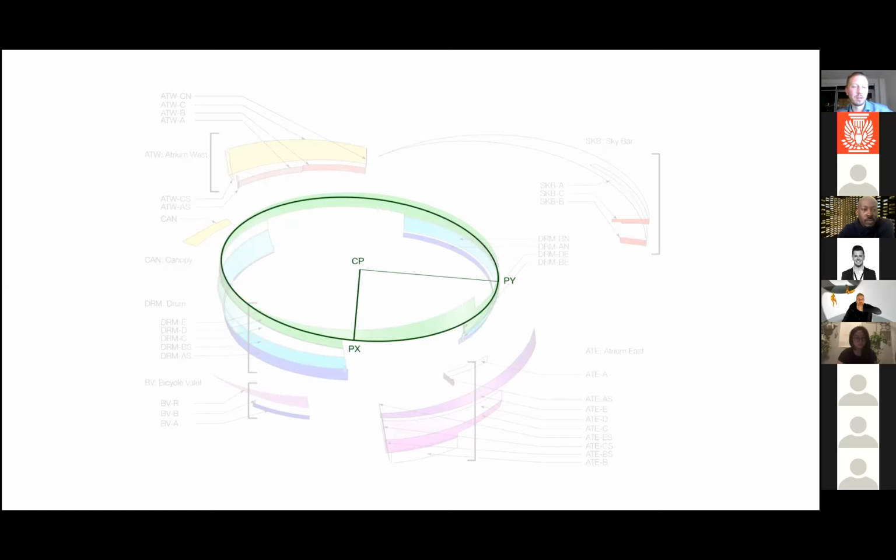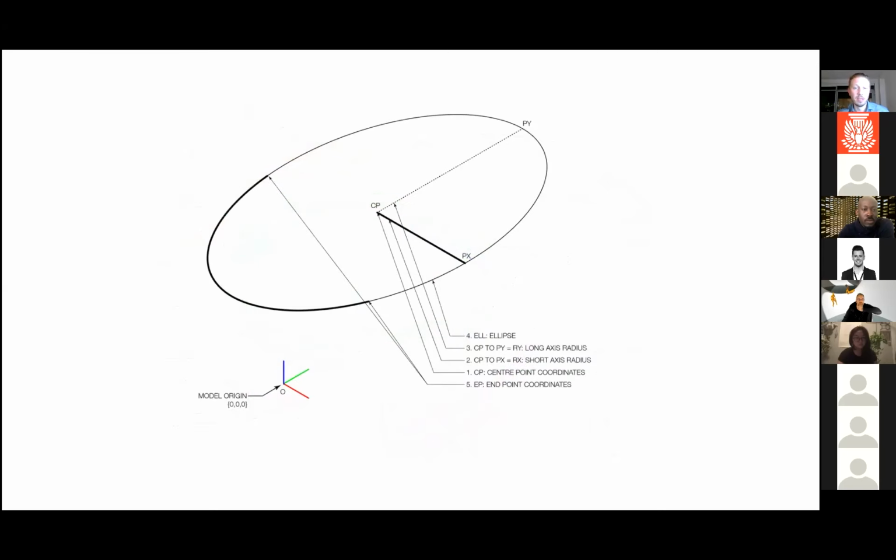They're turned into primitive geometric shapes that represent architectural entities. So here you have an ellipse, which in this case represents the top edge of a specific drum of this global geometry. So an ellipse has a long and a short radius and a center point and a plane that it lives in, which is all you need to really define that ellipse. And then once you have those points in the plane and the two radii, the minor and the major radius, then you know what that ellipse is.